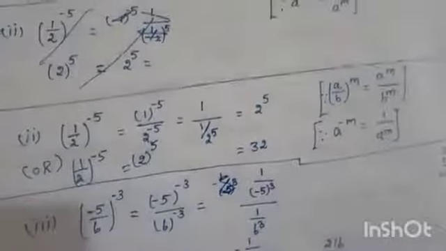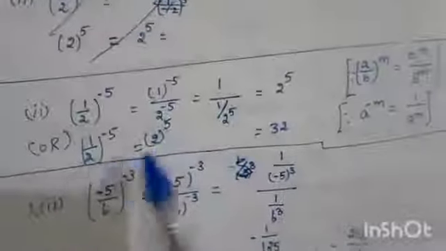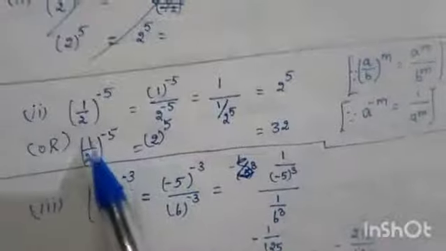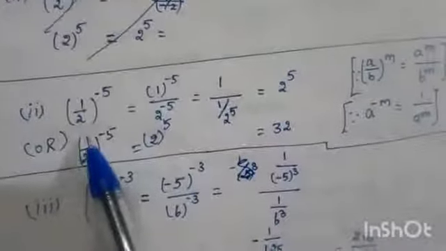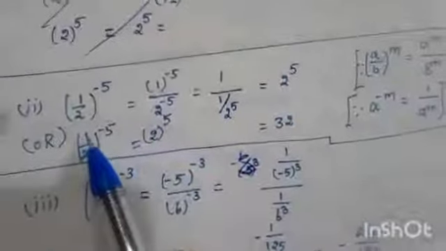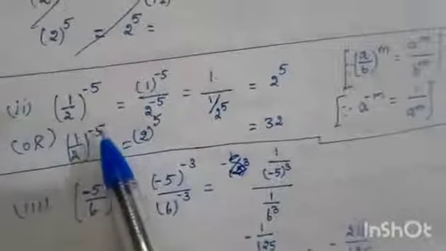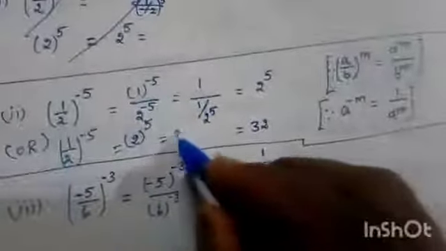So directly you have to write that. This is the explanation. In the problems we will use this short method. Inside the bracket, if you have a fraction form with negative power, just take a reciprocal of it. Then you change this negative power to a positive. So that is equal to 32.